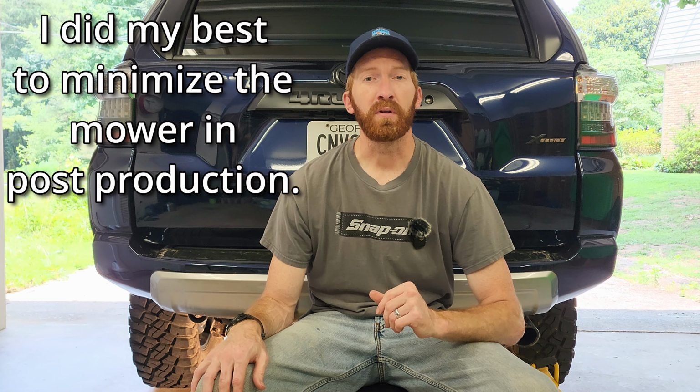And today we're going to be doing a modification that you need to do. I highly recommend it if you're going to be putting a lift kit on your 4Runner. It also applies to other solid axle type vehicles, but specifically in the 5th gen 4Runner, it's a known